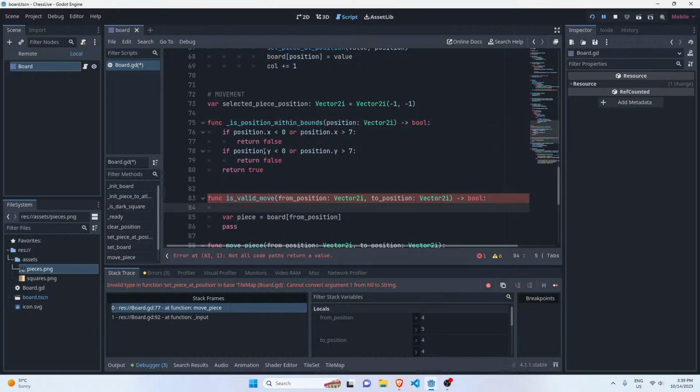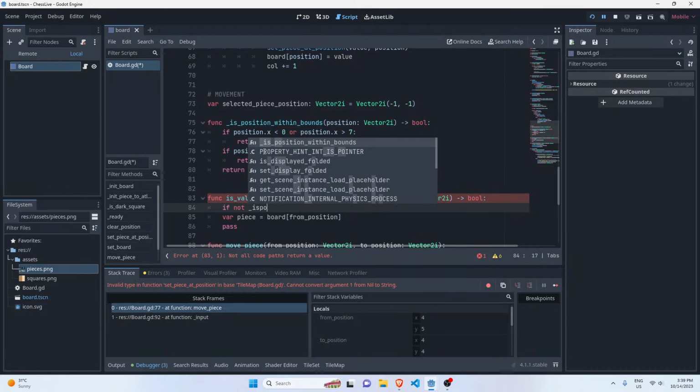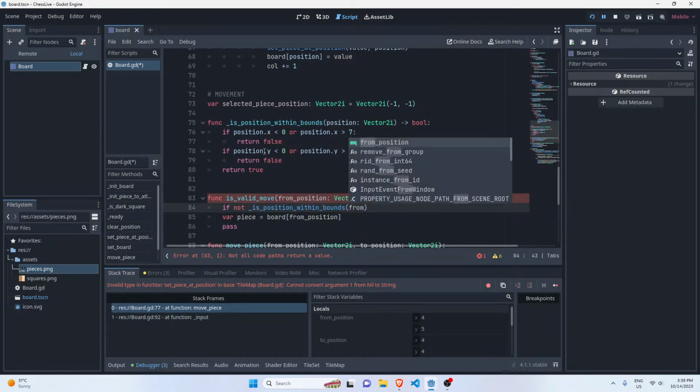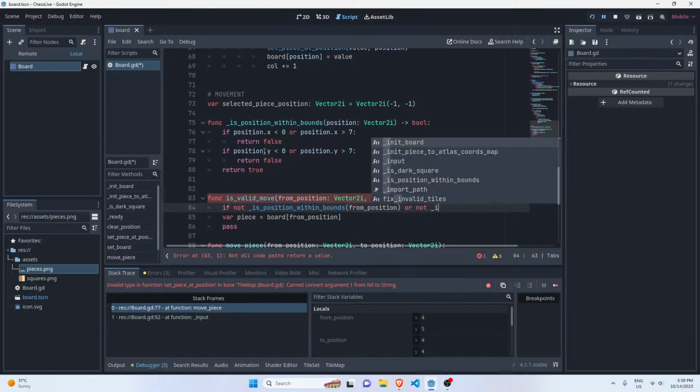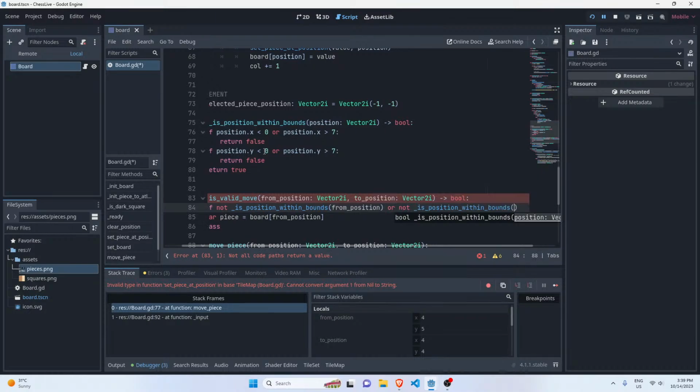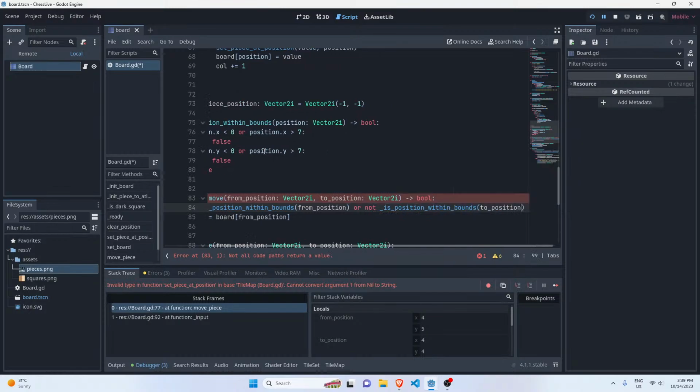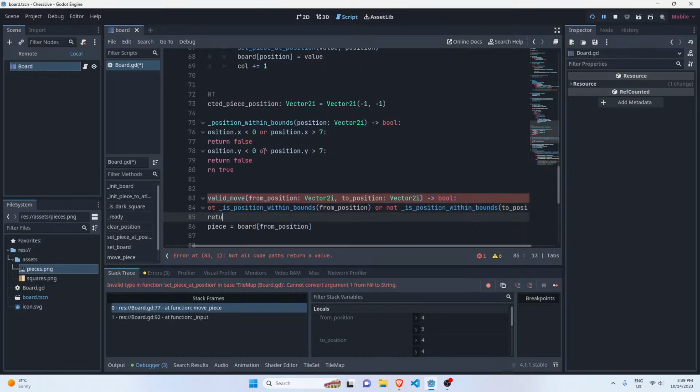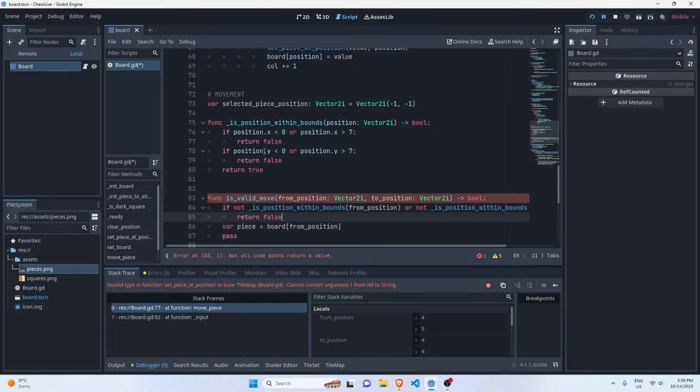So if the from position or the to position, either of them are outside of bounds, then just return false. And for now we'll just, the other thing to think is, if the user selected a tile which does not actually have a piece in it,